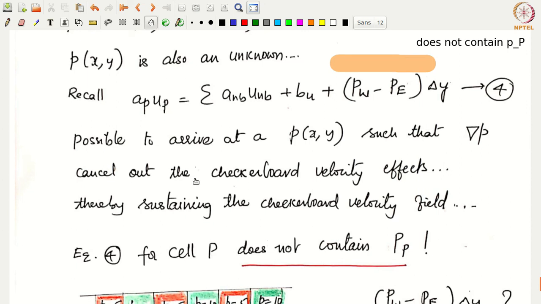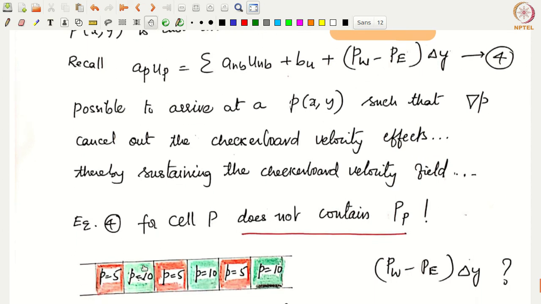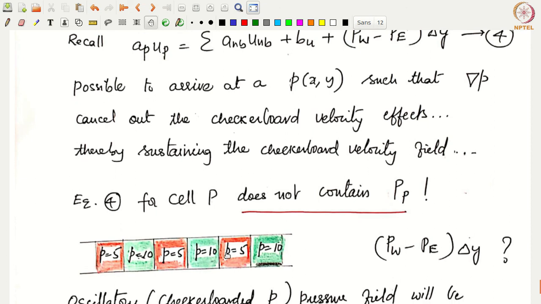Okay, so what we're talking about is basically you have the pressure field. The pressure field might have a checkerboarded pattern like this. Essentially, we have P equal to 5, P equal to 10, P equal to 5, P equal to 10 and 5 and so on. So essentially we have an oscillatory field, which will be seen by the x momentum equation as what? As a zero gradient pressure field, because if you look at a particular P, this is 5 minus 5. So this would be basically zero pressure gradient. As a result, you would see that this momentum equation cannot see this pressure gradient. Okay, so such a pressure checkerboarding is now not seen by the velocity, by the momentum equation.